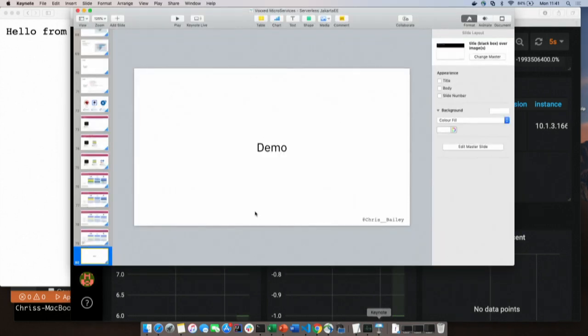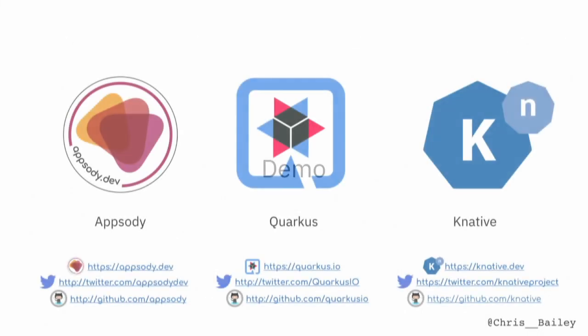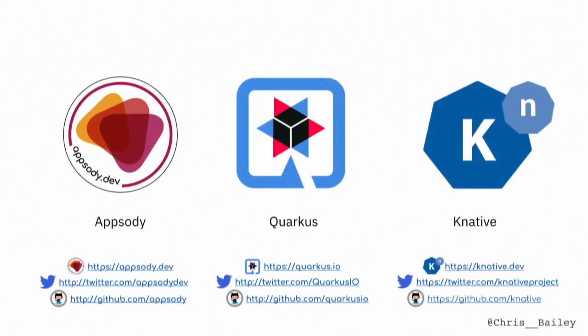So as we've just hit time, if I go back to the presentation, what we've seen is no one is doing functions in Java today, whether it's Amazon, whether it's OpenWhisk, whether it's Google Cloud Functions or something else. Now, part of the reason for that is startup time. That's been solved with things like Quarkus and Micronaut. Knative lets us then take that and scale it, and Appsody lets us have this programming model where I can